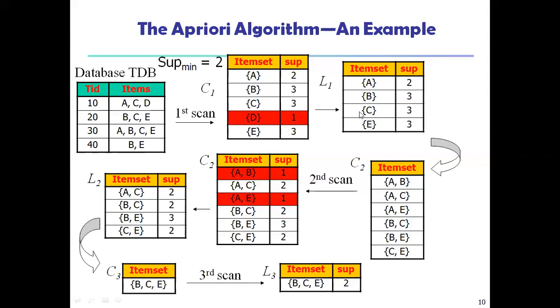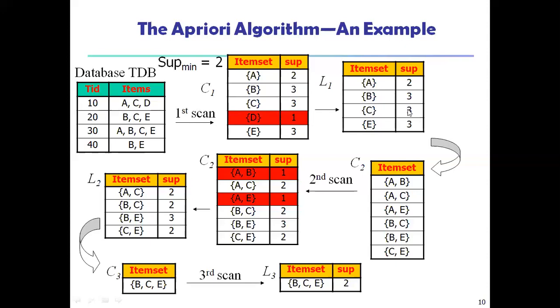While scanning, you should see that we are eliminating the value D and writing the exact items which have a support count of minimum 2. So in that case, if we eliminate D, you will have A, B, C and E, with counts 2, 3, 3. If you see in this tabular column, your D values will not be there.